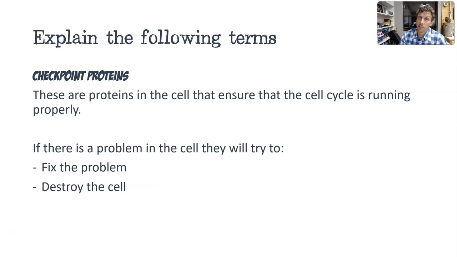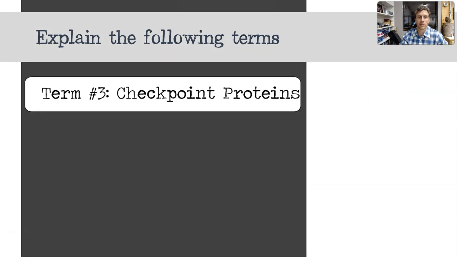Because if there is a problem, if that cell becomes cancerous, then hopefully these checkpoint proteins can shut down that cell so that it doesn't develop into cancer. Okay, now getting a mutation in checkpoint proteins, we want to avoid that. That is dangerous because then the cell cycle is not regulated, and then the cell is more likely to